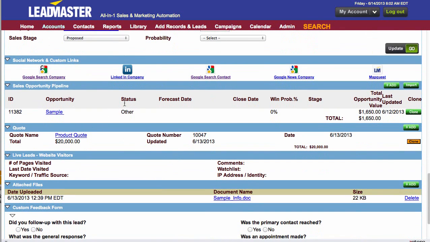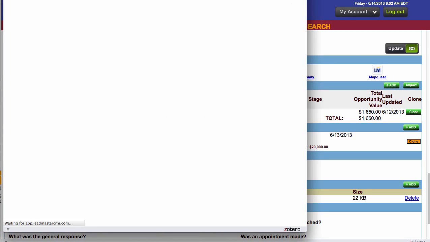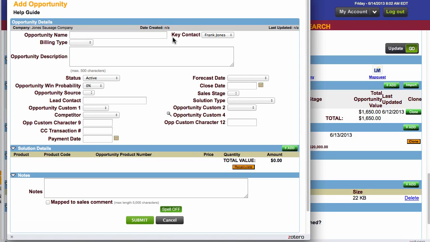Next, we have the Sales Opportunity Pipeline. This also feeds into the marketing reports, and you can either add or import. We're going to add. We will go into further detail about opportunities in a separate video, but I'm going to give you a quick overview right now. So give your opportunity a name. You can fill out all this information,